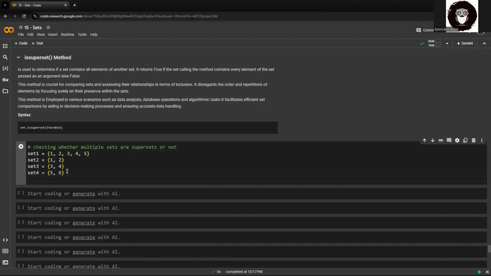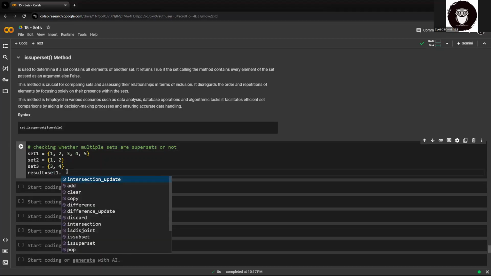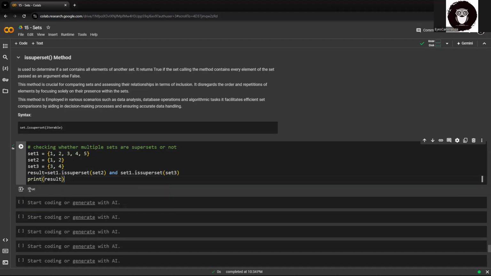Let me not make it more complicated, I'll confine myself to set one, two and three. I'll say result is equal to set one dot is superset of set two, and set one is superset of set three, and I'm storing the result. Let's see the output. It is true